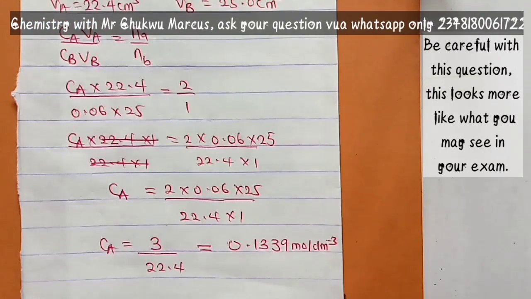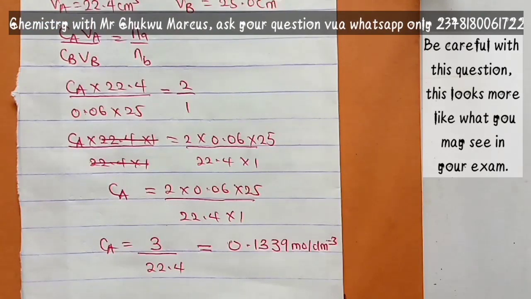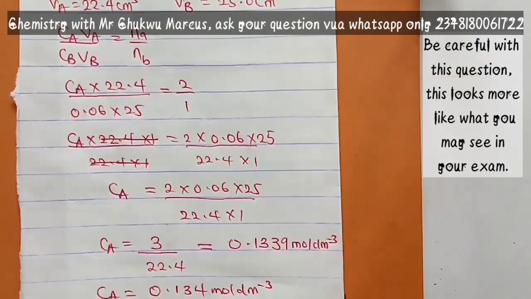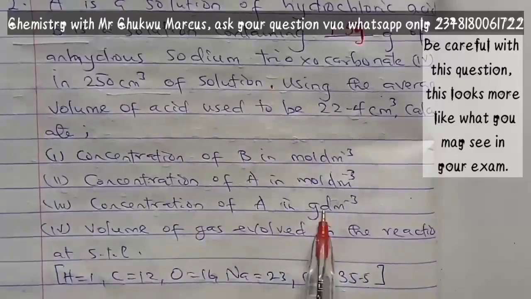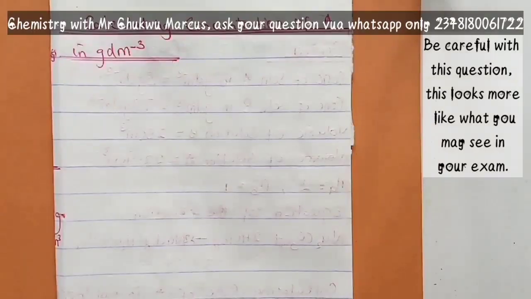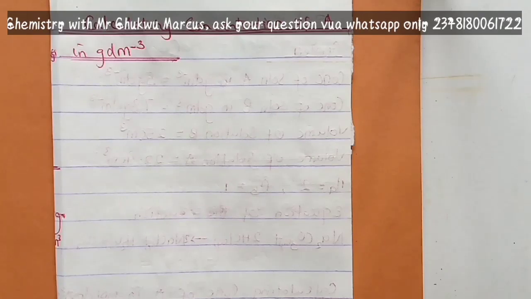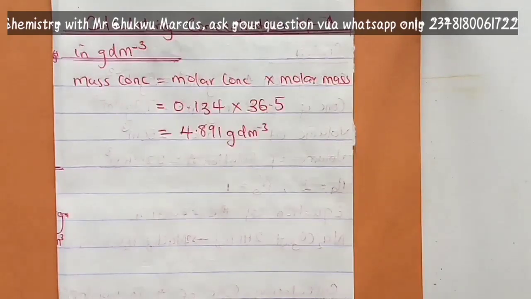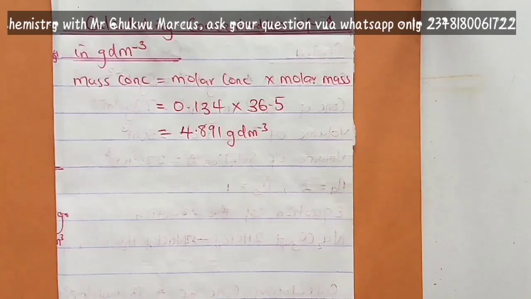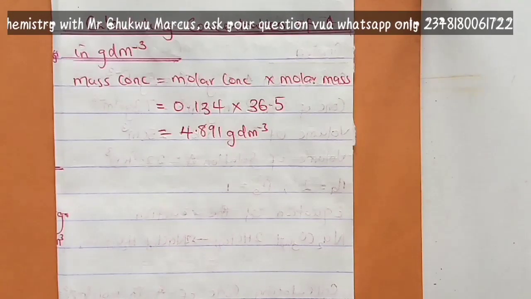We will have, okay? The third question is asking us to find the concentration of A in gram per dm cube. Here we are going to use the relationship between molar concentration, molar mass, and mass concentration. Okay, if we insert the values, we will have,